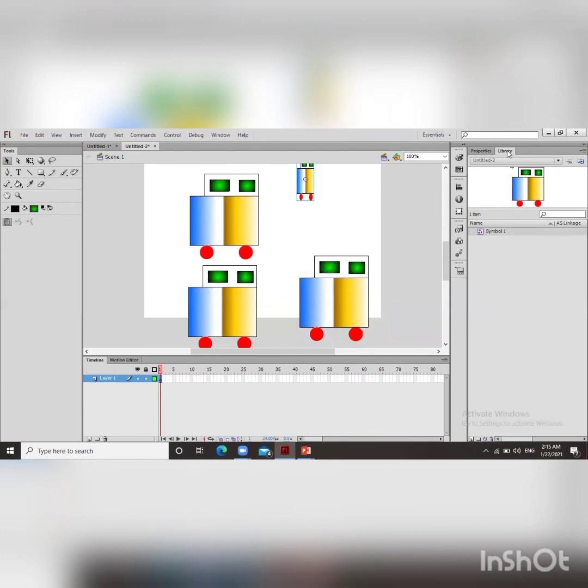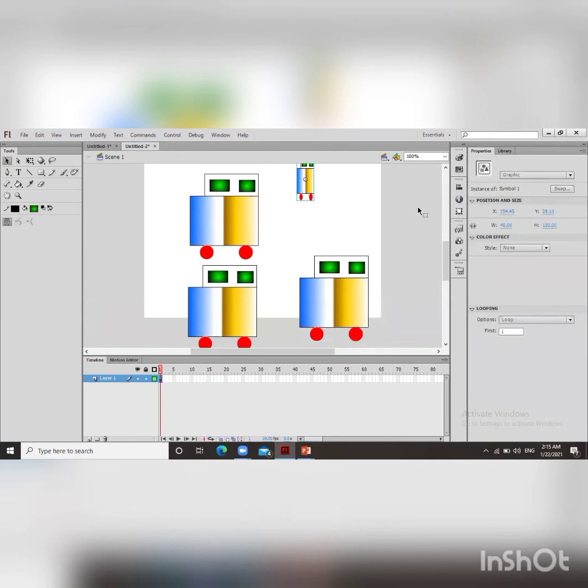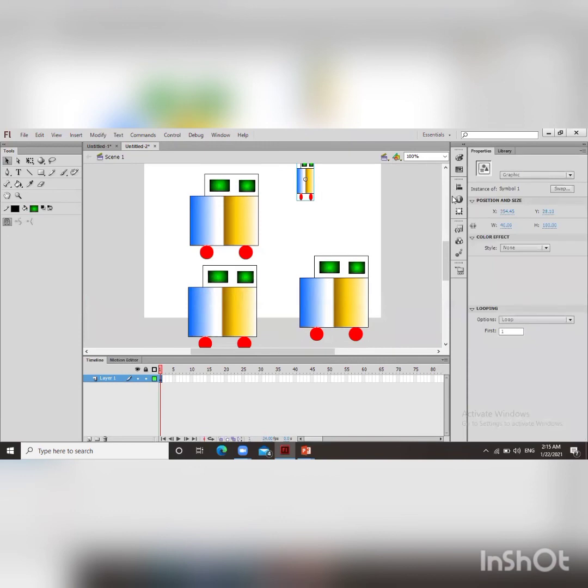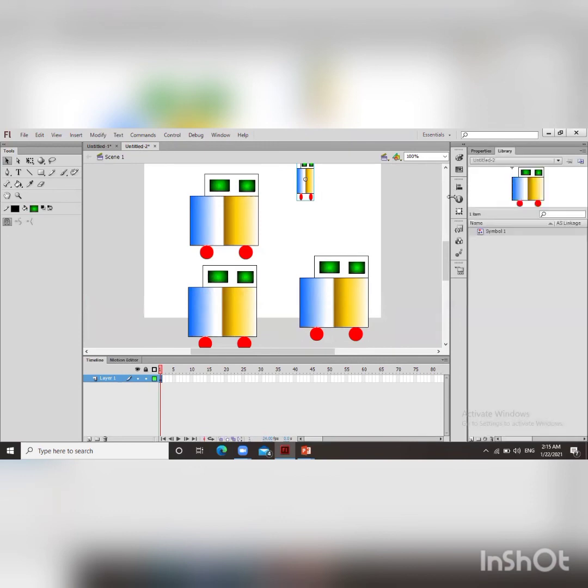And you can see under the library, your symbol has been saved, and these are our properties. With the properties, you can do any type of changes like fill color, stroke color. And Control plus L is the shortcut key to open the library. Like, if we are on the property panel and you press Control plus L, then the library panel will open.